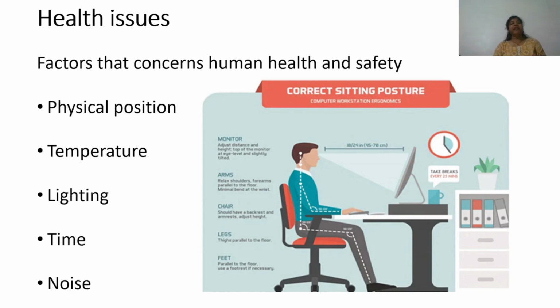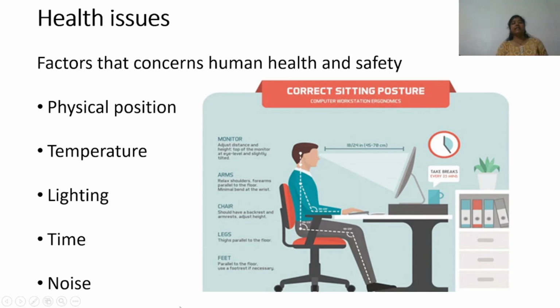Considering the physical environments, then comes the important concept, which is nothing but health issues. There are certain factors that should be considered while thinking about human health and safety. It can be the physical position, the temperature, the lighting, the time, and the noise.